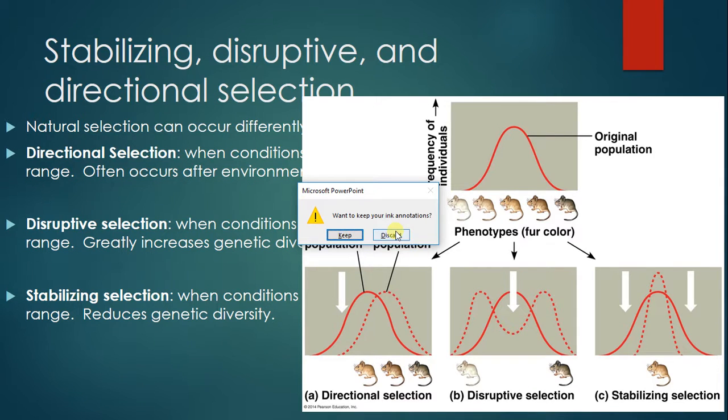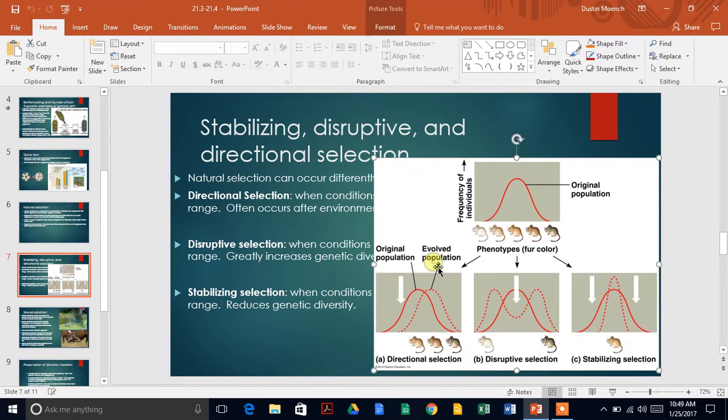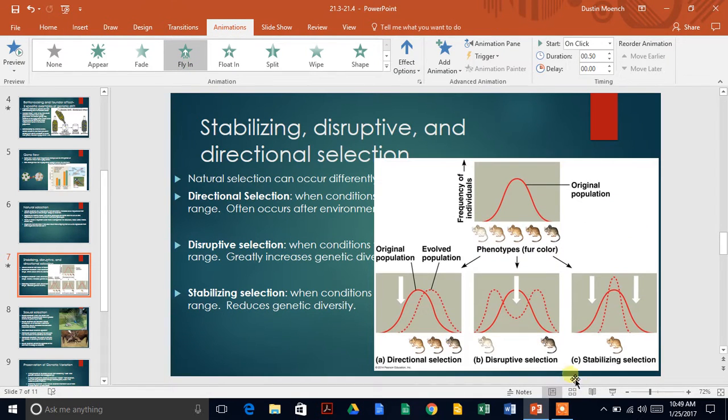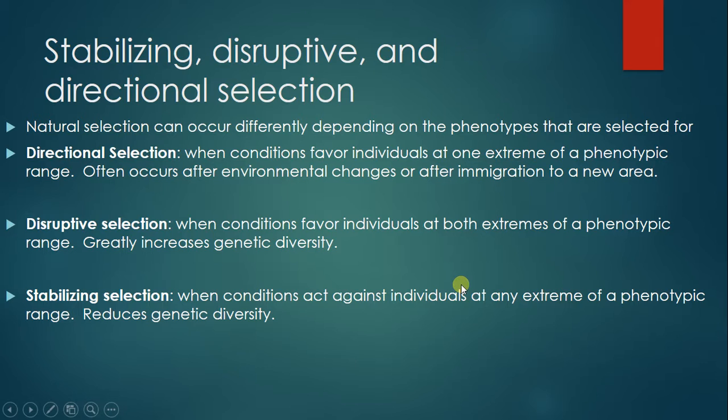In general, we're going to talk about the three forms of natural selection here. There are three patterns in natural selection, so it can occur differently depending on which phenotypic traits are selected for. There's directional, disruptive, and stabilizing selection. One example, directional selection, is when specific environmental conditions are favoring individuals at one extreme